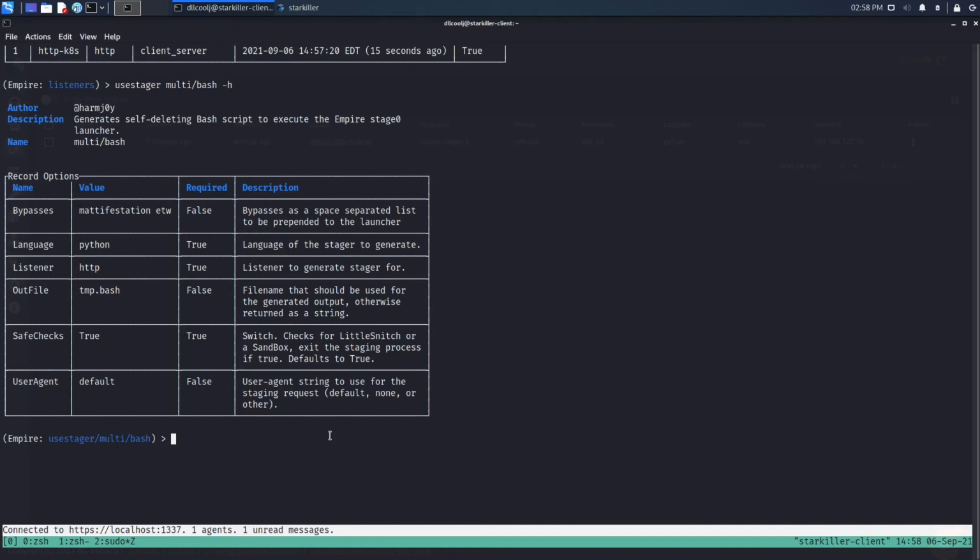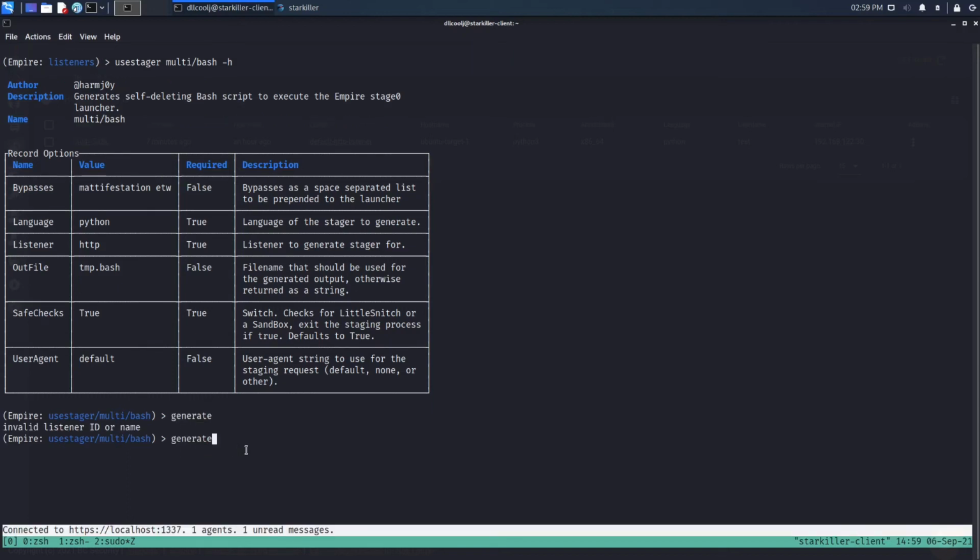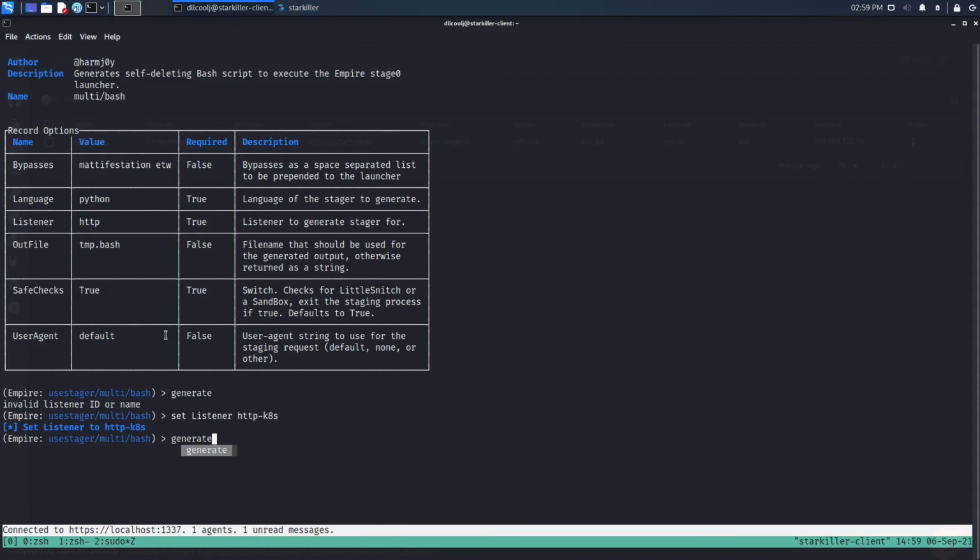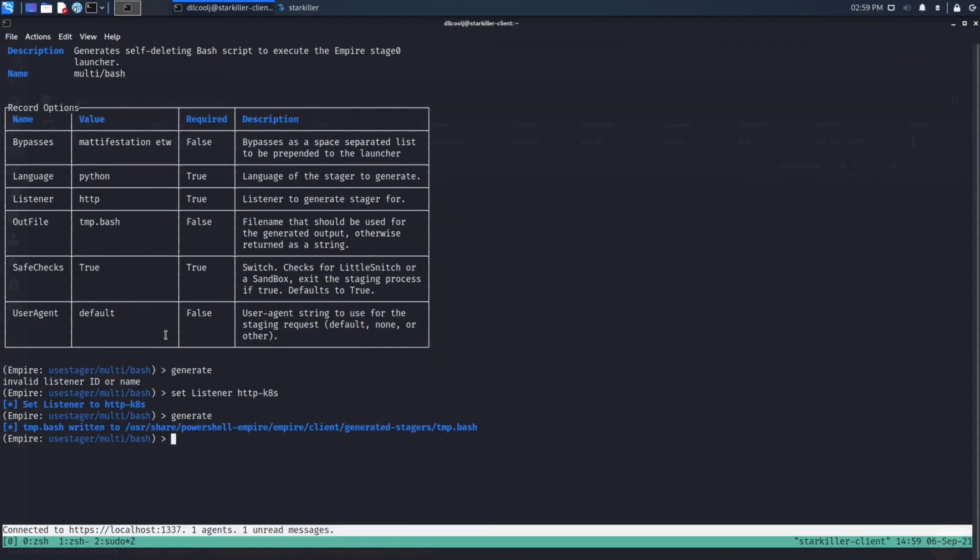Also, you can specify the user agent here. I'm just going to go with the default one, but by all means, that's a whole other thing to dive into if you're trying to do something that's a little bit more blending in with the environment. So I'm going to type generate, and we had an error because listener HTTP does not exist, but what does exist is HTTP Kates. So if I update that and then type generate, huzzah, we have our temp.bash written to this